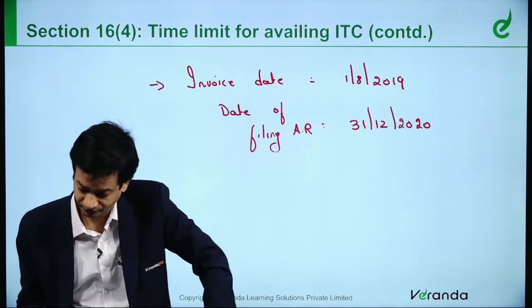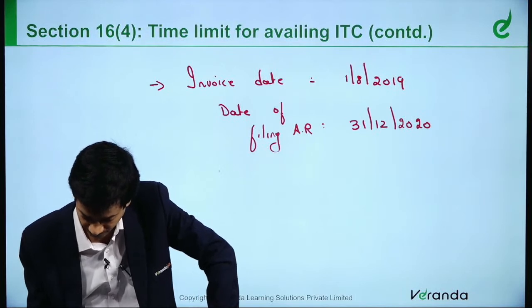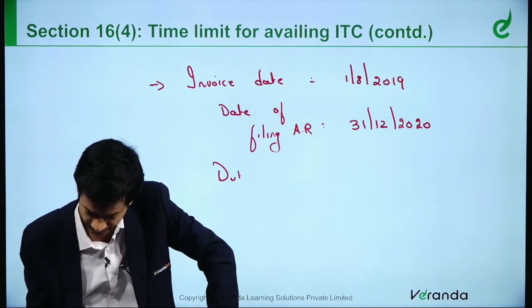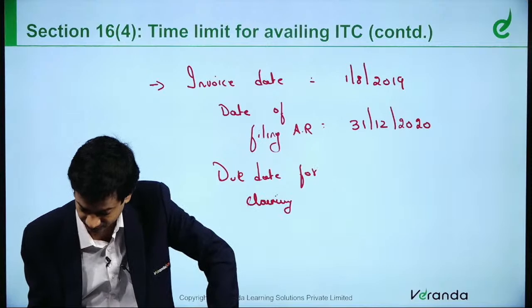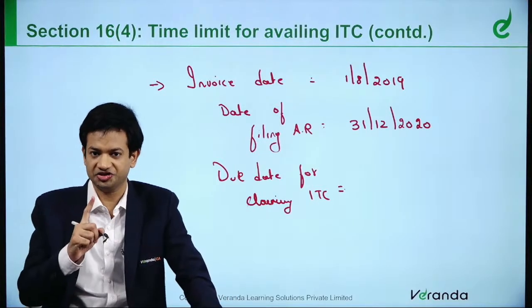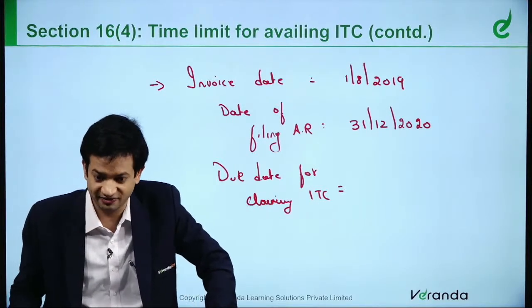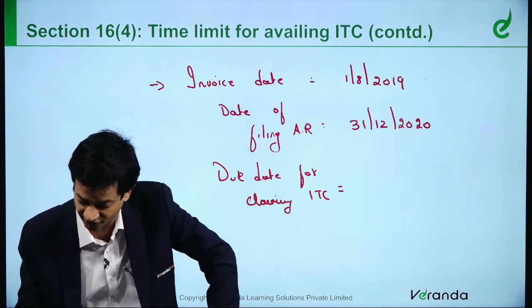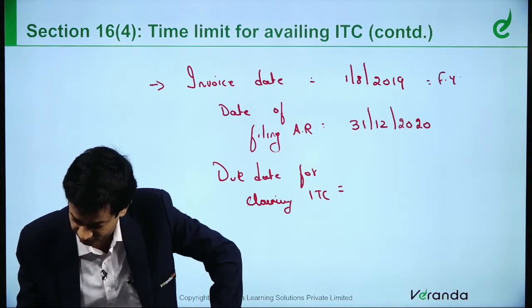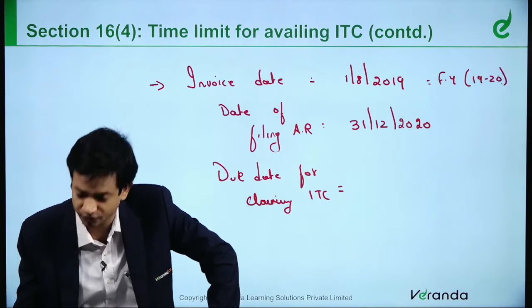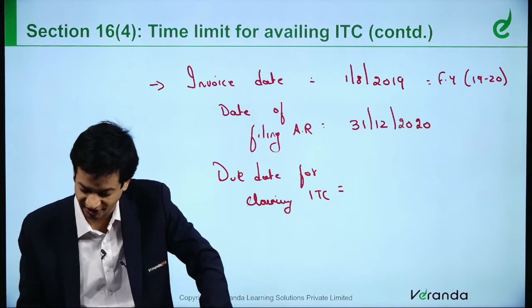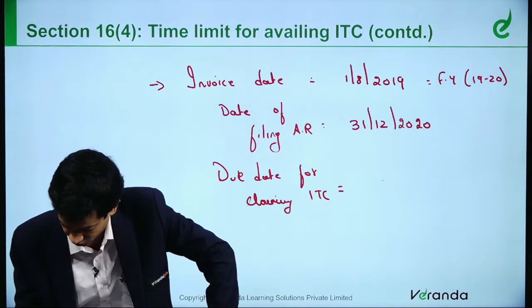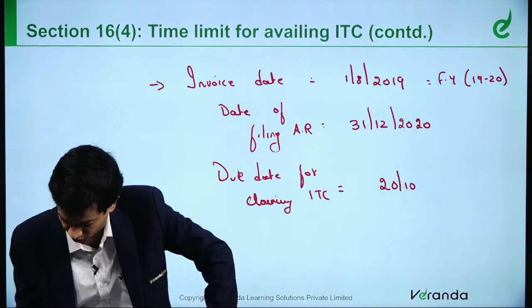Now the due date for claiming ITC, since the invoice pertains to financial year 1920, is the due date of filing September return for the succeeding year. So basically it is 20th October 2020,